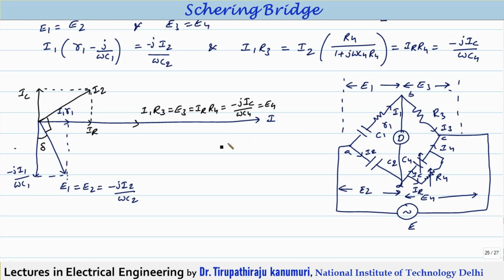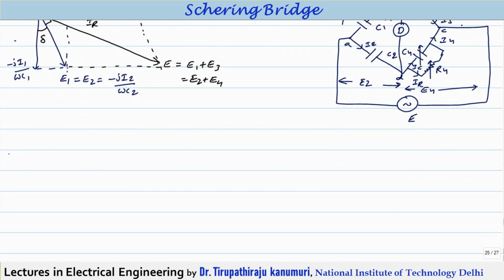Getting it? So now if you want to calculate the total value of the EMF, so that will be the sum of E1 plus E3, or we can tell that E2 plus E4. So that gives your resultant value of the EMF. So this gives your resultant value of E, that is equal to E1 plus E3, or this is nothing but equal to E2 plus E4. So this gives my resultant value. So let us proceed further.